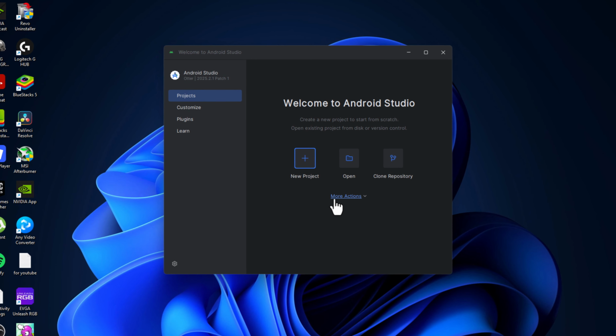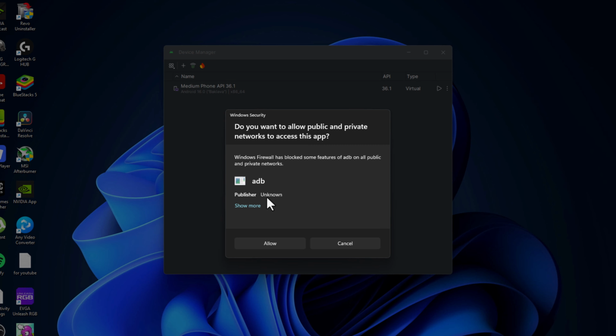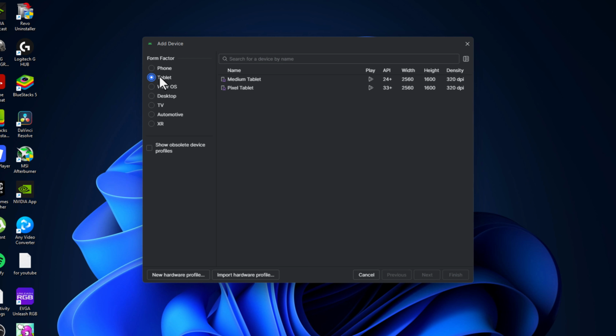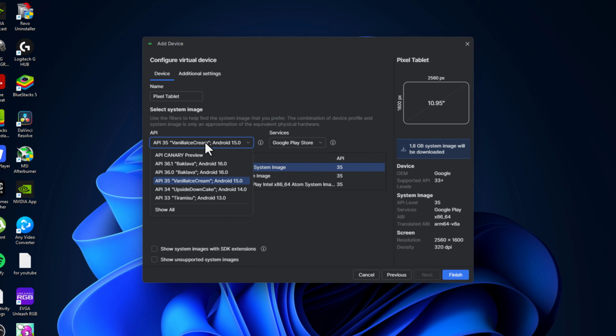And you can see the more actions drop down, and select this virtual device manager. Select this plus icon on the top. Select the allow option. Select this plus icon and create a virtual device, select here tablet and select Pixel Tablet and select next. In API, click on the drop down and select Android 16